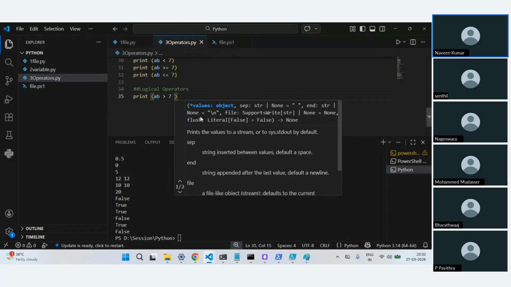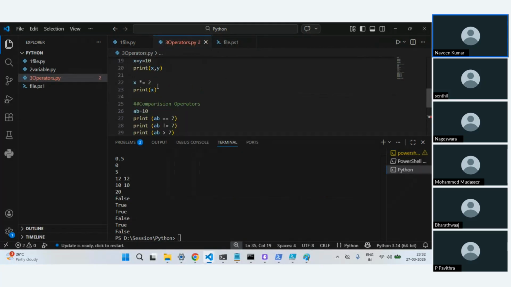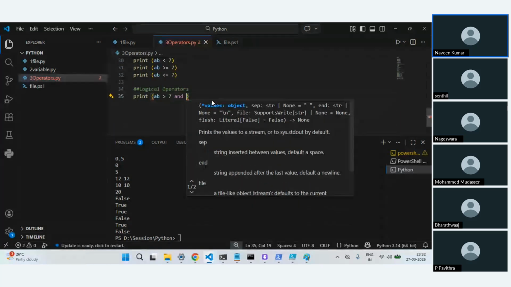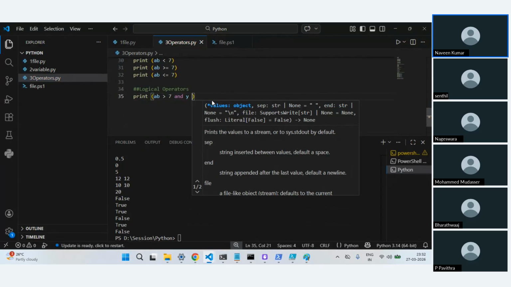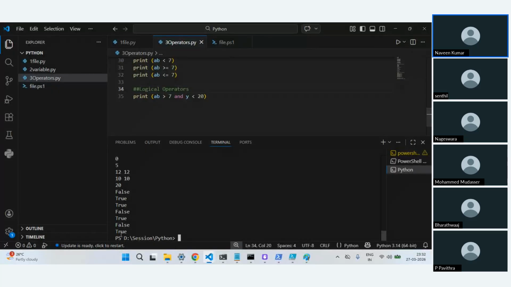This is one condition which I'm checking, and what other variables do I have? I have y, which is set to 10. I'll just say y is less than 20. Now if I run this, in this case both the conditions should be satisfied. That's when it's going to print.